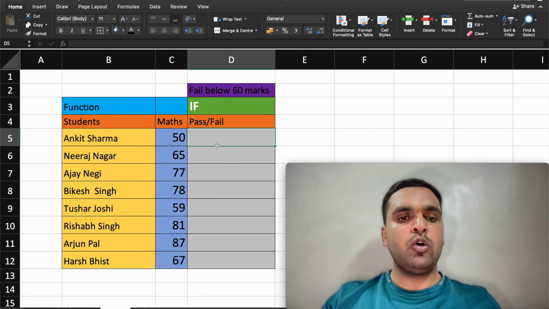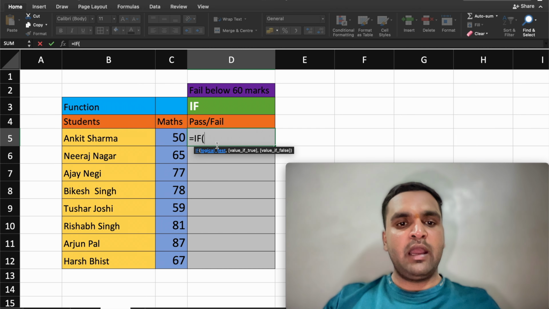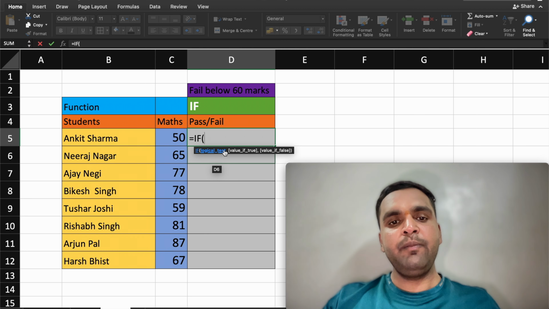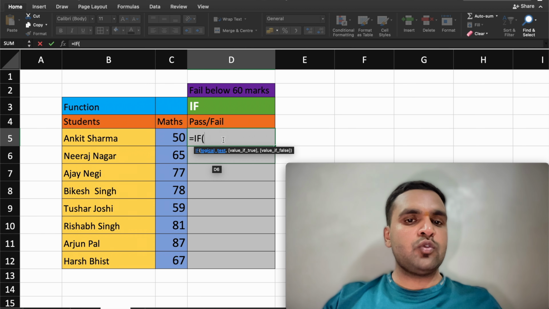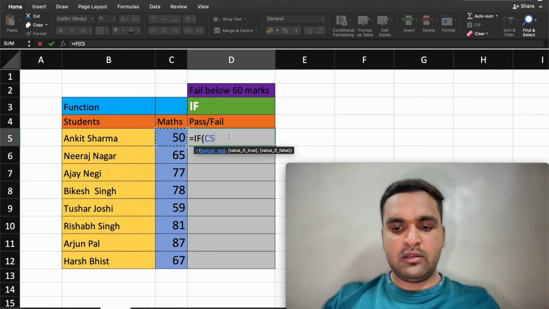the required output. So what I'll do is I'll just type equals IF, press tab. As you can see the formula here, IF logical test, I have to provide the logical test over here, and if the value is true then the output will be this, if false then the output will be this. So what I'll do is I'll just type equals here C5, then greater than